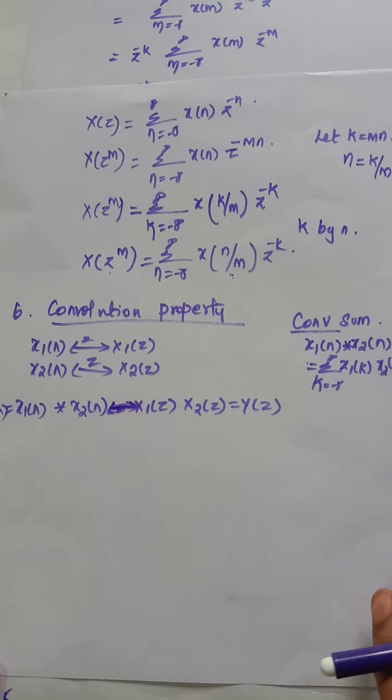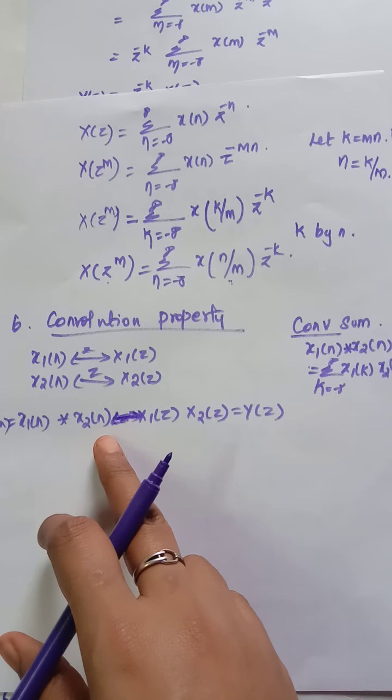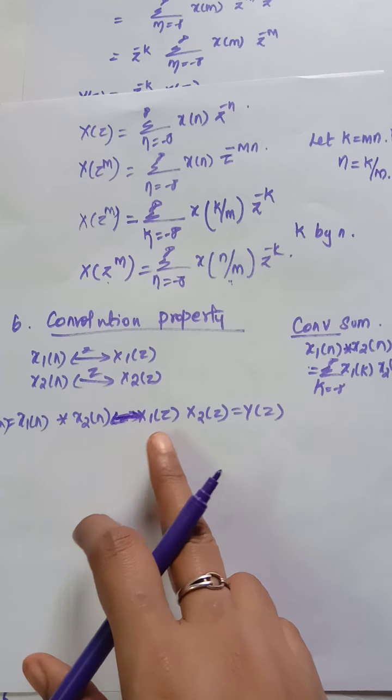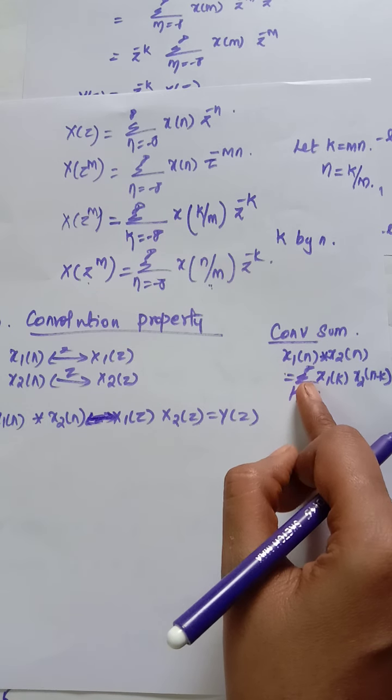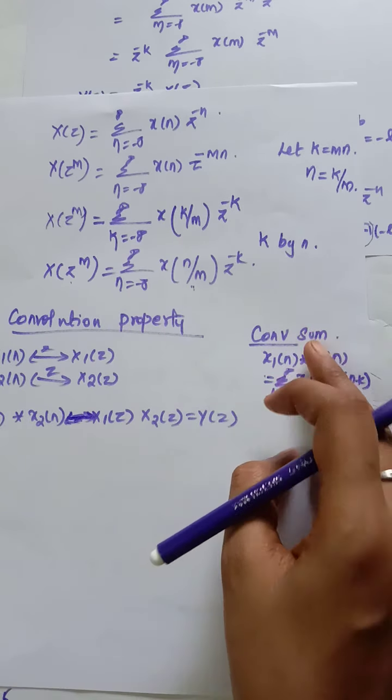The next one is the convolution property. You are all familiar with the convolution property, that is, convolution of two signals in the time domain will result in the multiplication of the two signals in the frequency domain. Now we need to prove this, similarly as usual. We have already discussed convolution for continuous time signals. Now we are going to see it for the discrete time signal. For a discrete time signal, it is the convolution sum, whereas earlier we considered the convolution integral. Here, since it is a convolution sum, we are having this summation.